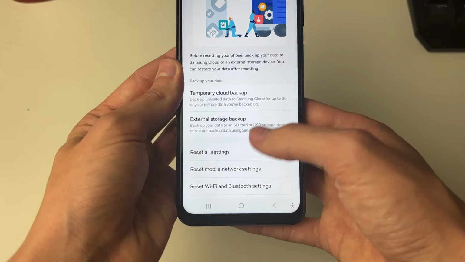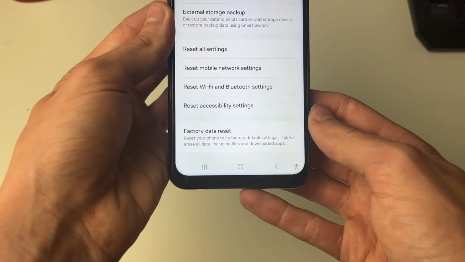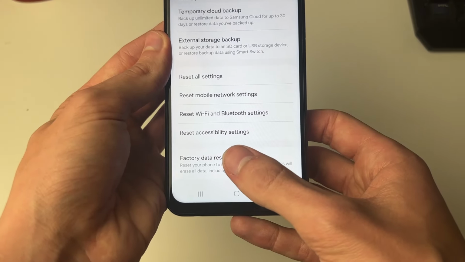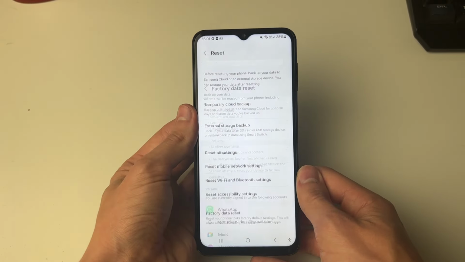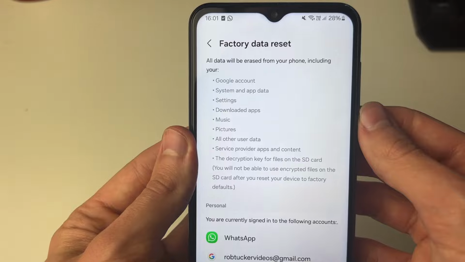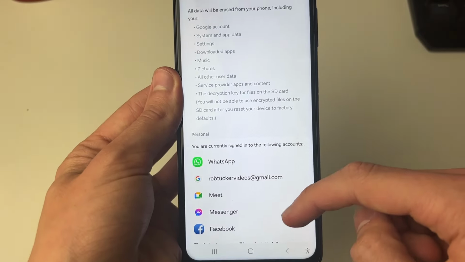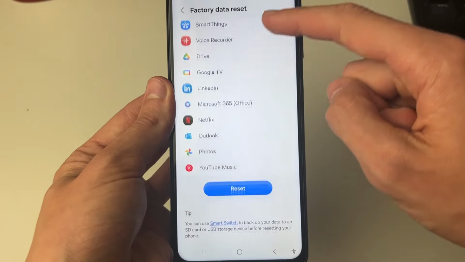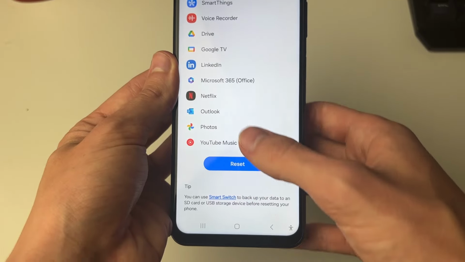Now click on reset, and all you want to do is scroll to the bottom until you see the option Factory data reset. You can then click there and it'll take a moment, and as you can see it says all data will be erased from your phone, including all of this here. So make sure you're sure, and then if you're ready,